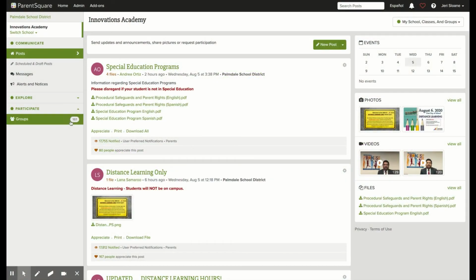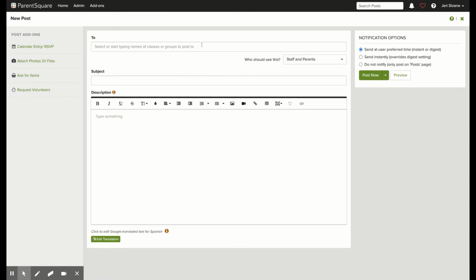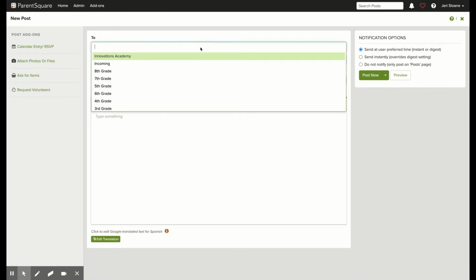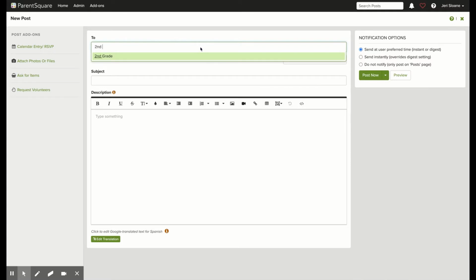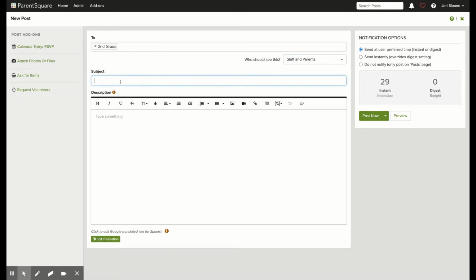So here's the magic of Parent Square, or at least the meat of it, you might say. You want to give a post, you want to send it out to all your parents in a classroom or perhaps a group that you've created. Over here in posts, you find New Post in the middle. Once you click on that, you can select who you're going to send it to. Maybe my post is going to go to my 2nd grade class. I can type into the subject, Fun with Games. And then I can type,